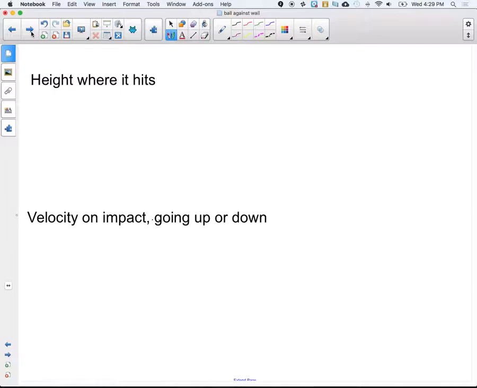So the question then becomes, how high is it when it hits? What we figured out so far is that it's going to make some path like this. We don't know whether it's going to be going up or going down,